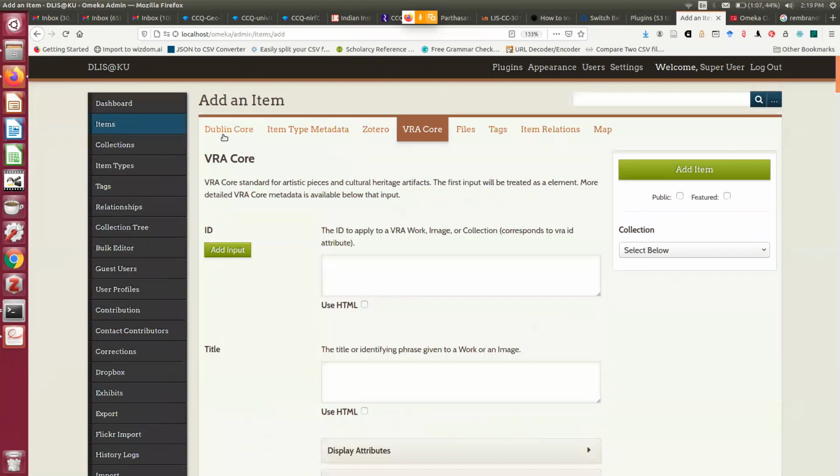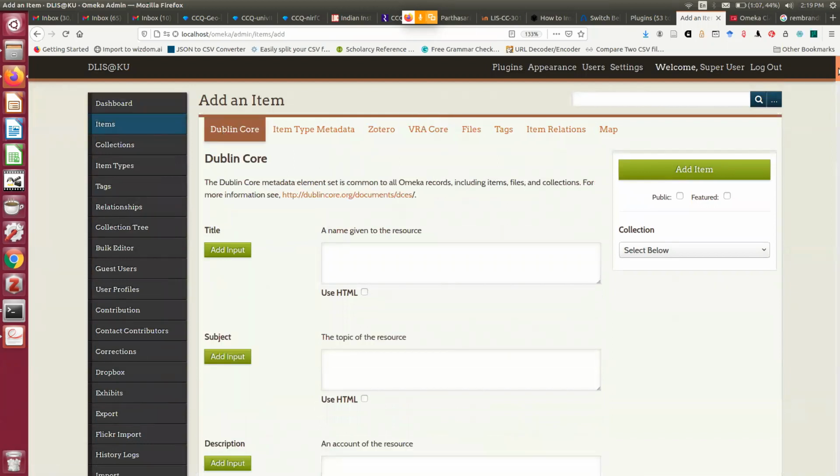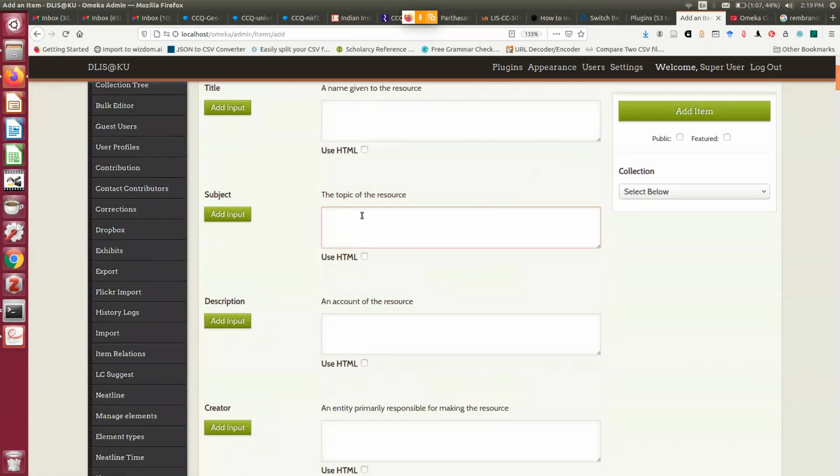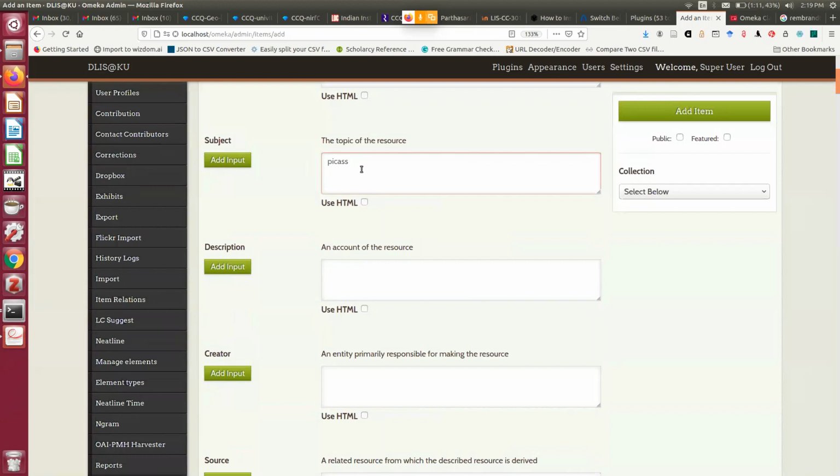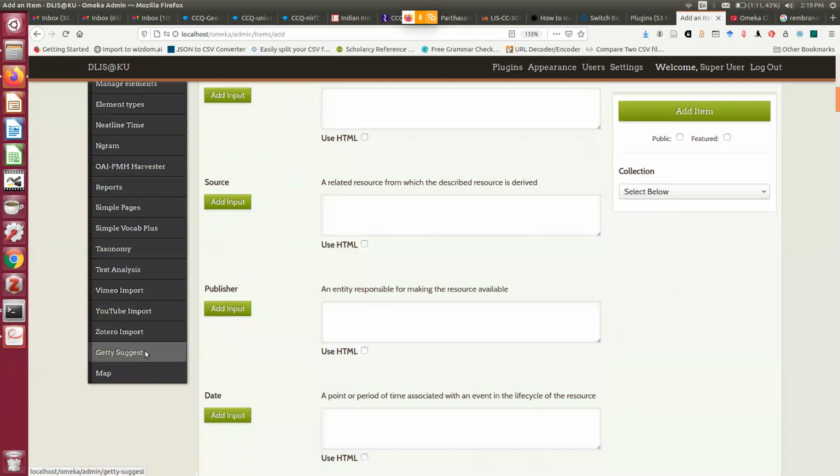Let me try again with this one, Library of Congress, because this is very. Is it trying at all? It is not trying at all. So I need to check why it is not happening. Some configuration change may be required. But you already have an idea. Let me show you again how it works in case of Getty Thesaurus. In the same way it works with this one.